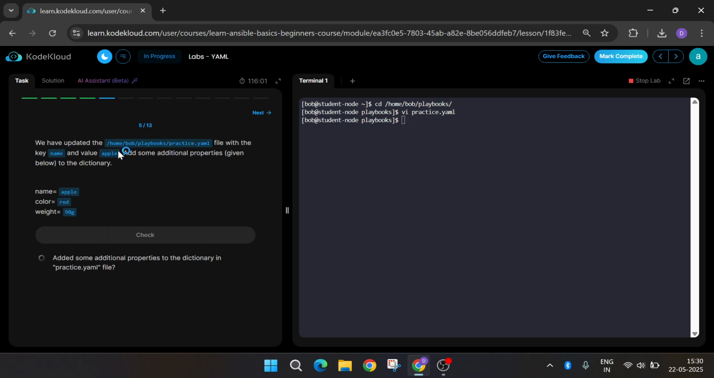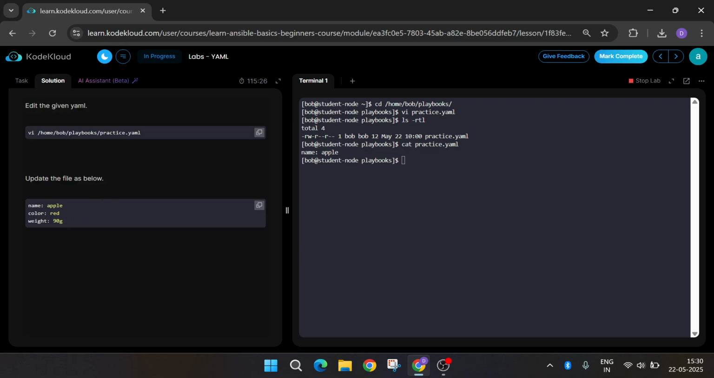We have updated home bob path practice file with the key name and value apple. Add some additional properties given below to the dictionary. Okay, name is apple. We have updated this. Key name is this, value is this, properties. Properties means this way we have to add